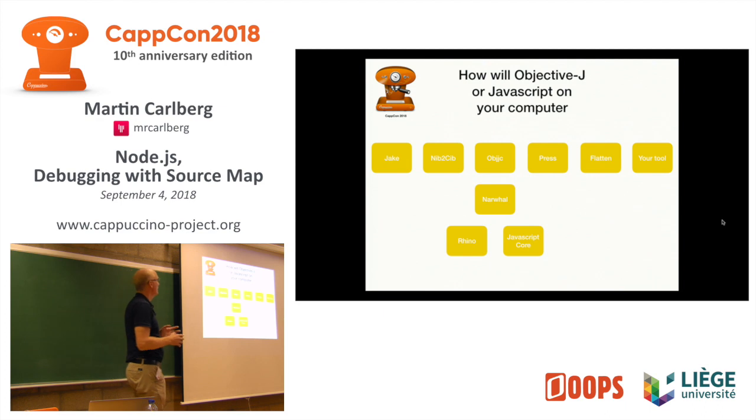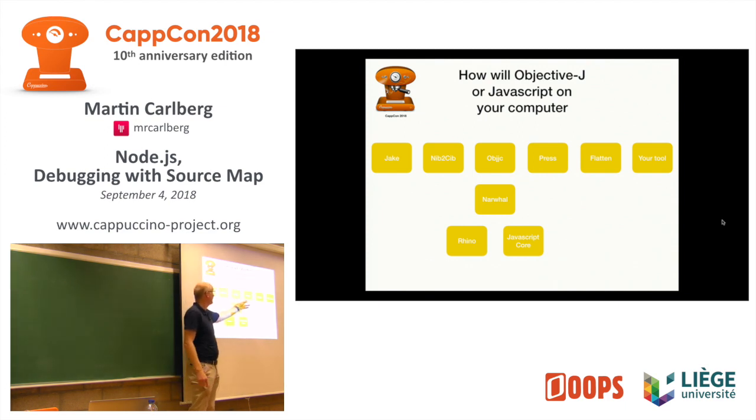This is a very simplified view of how it works when you run it on the command line on the machine. We have our different tools: Jake, nib2zib, the compiler, press and flatten, or whatever. You can make your own tools too if you want to, and we have a couple more. And, basically, it runs on top of something called Narwhal, which is